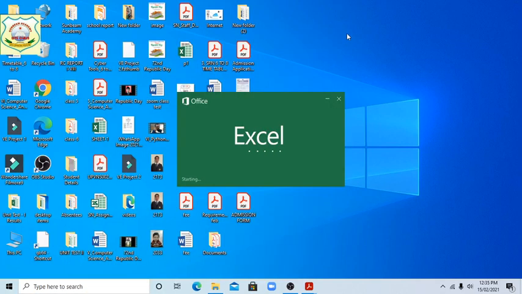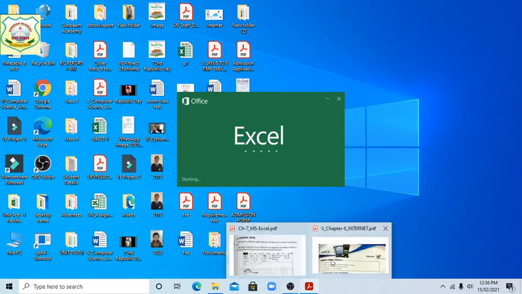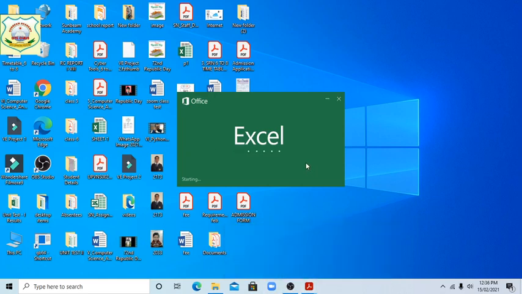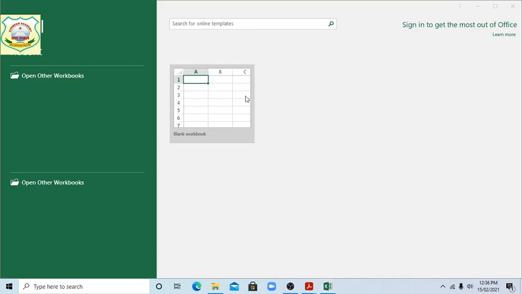It is going to open. Okay students, now a blank workbook is given.